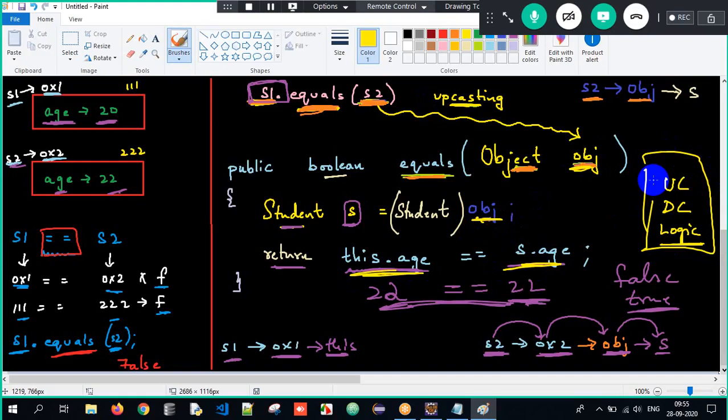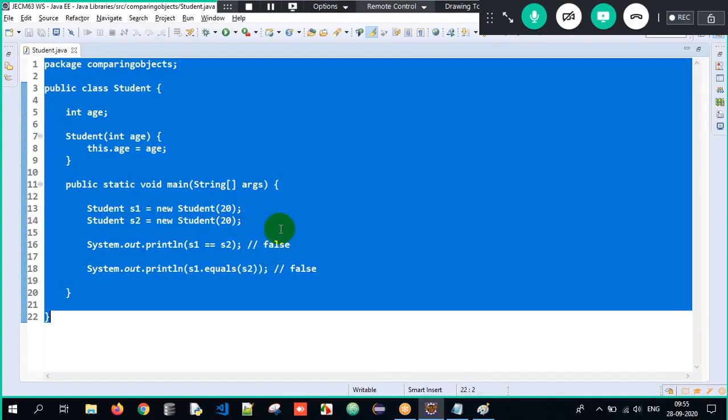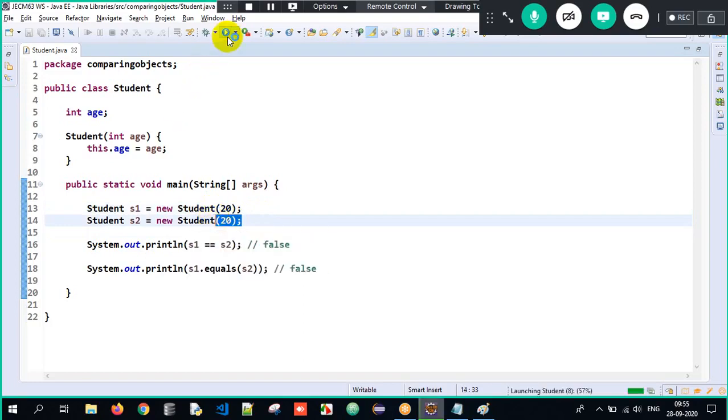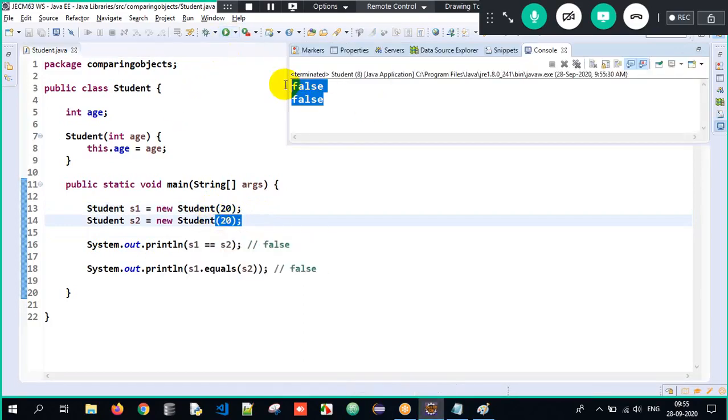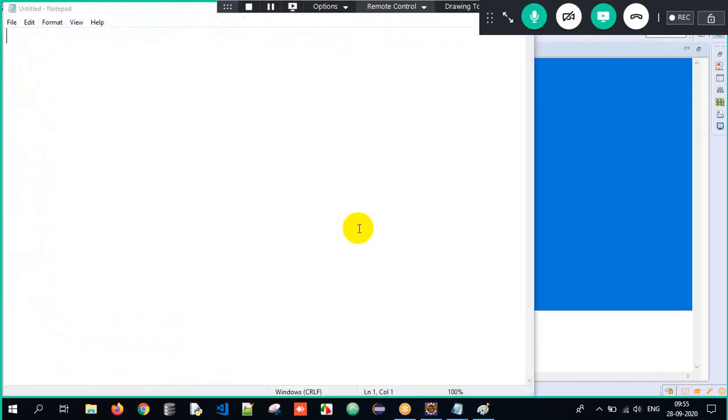That's it. Clear? So now when I go back to my program, I'll give both the student ages the same. Student 1 age is also 20, student 2 age is also 20. Now when I execute it, I am getting false and false only. Why? Because this is without overriding the equals method.